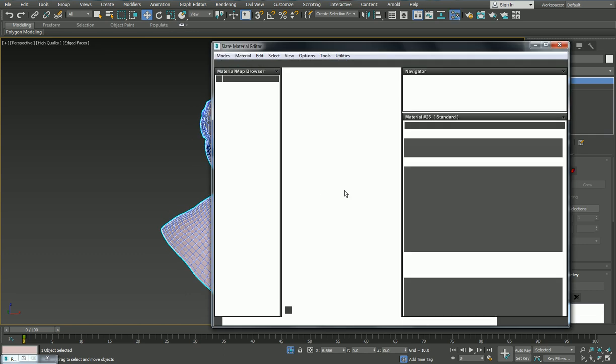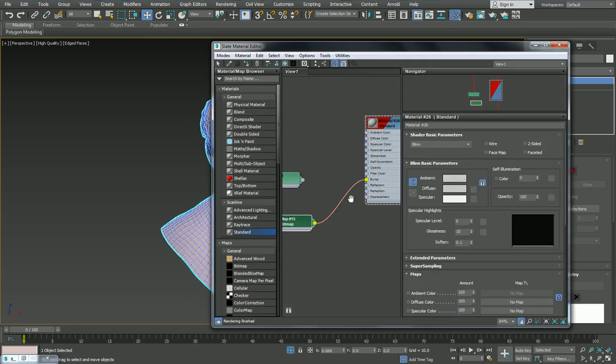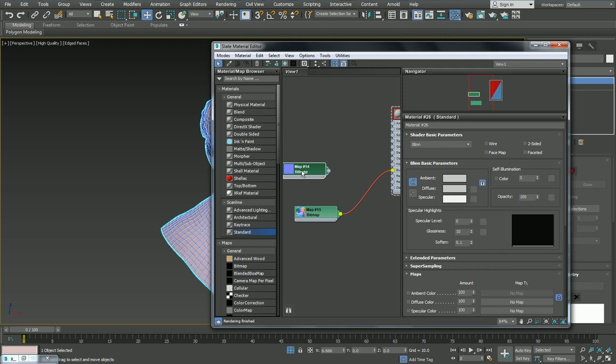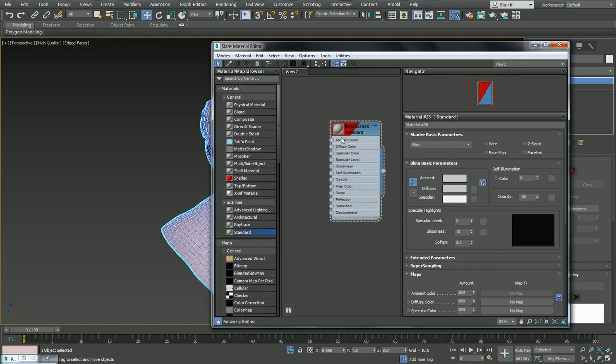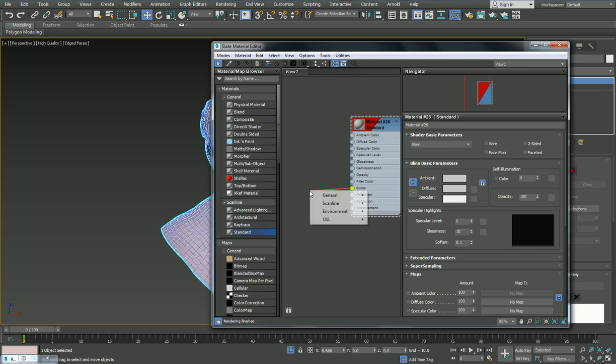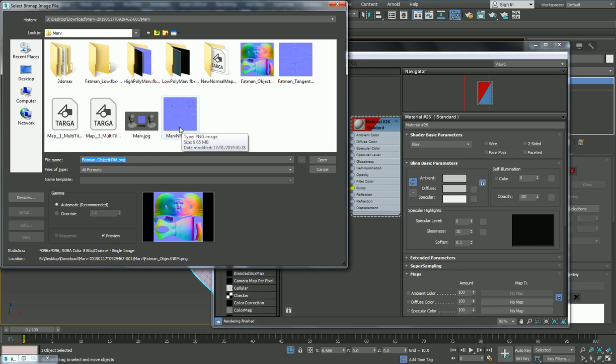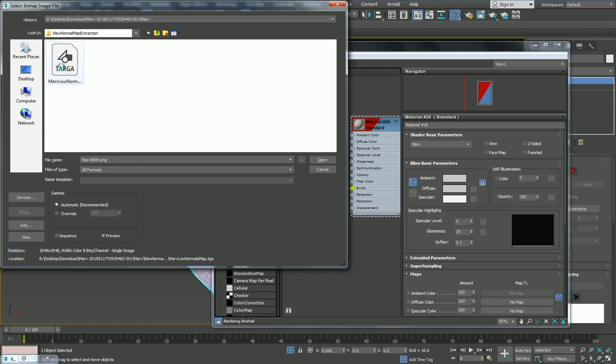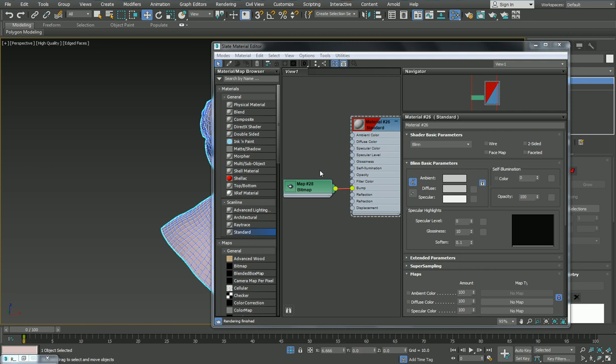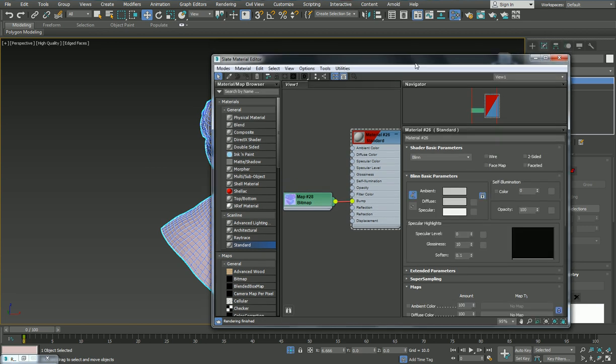and then I'm going to go to my material editor, and I'm going to swap. In fact, I'll delete these, I'll re-bring them in. So I've got a standard material in here. I'm going to go to bump map, pull across to the right, go to general, bitmap, and then I'm going to grab the normal map that I just kicked out, which was this one, I think. Oh, there, I called it new normal map, so it's in there. So it's this one here. You can open that, apply that to the character,